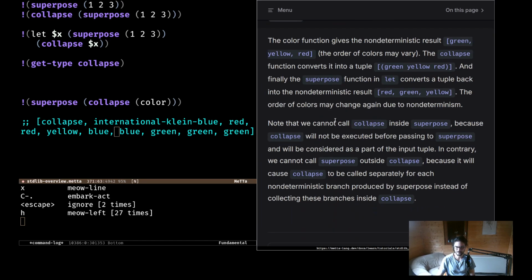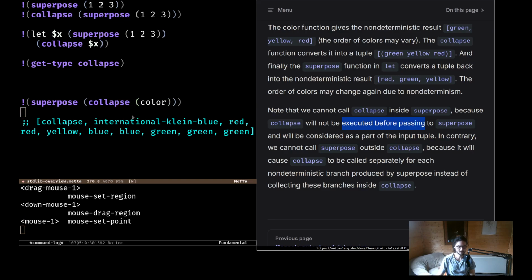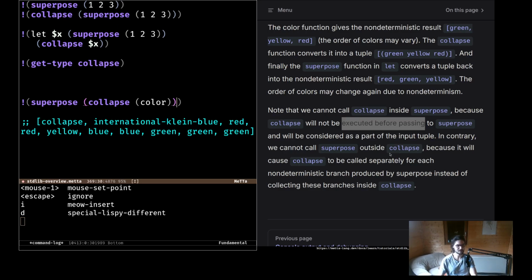I'm confused, because collapse will not be executed before passing to superpose. It will not be executed, because superpose is evaluating all its branches, I suppose. So, well, this doesn't make any sense. I understand right now why this doesn't make any sense, because